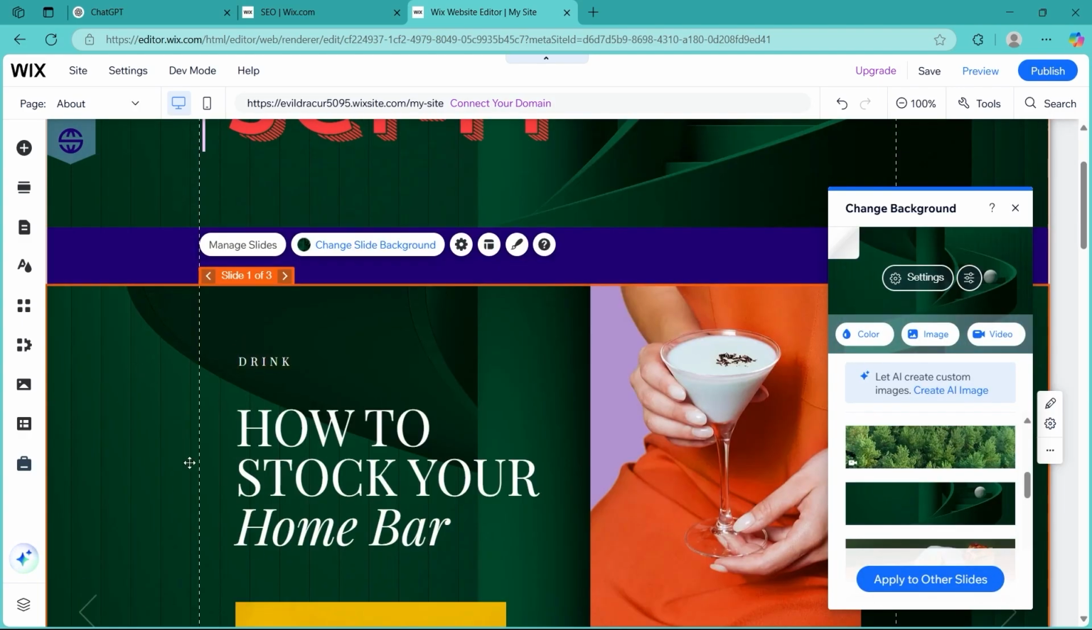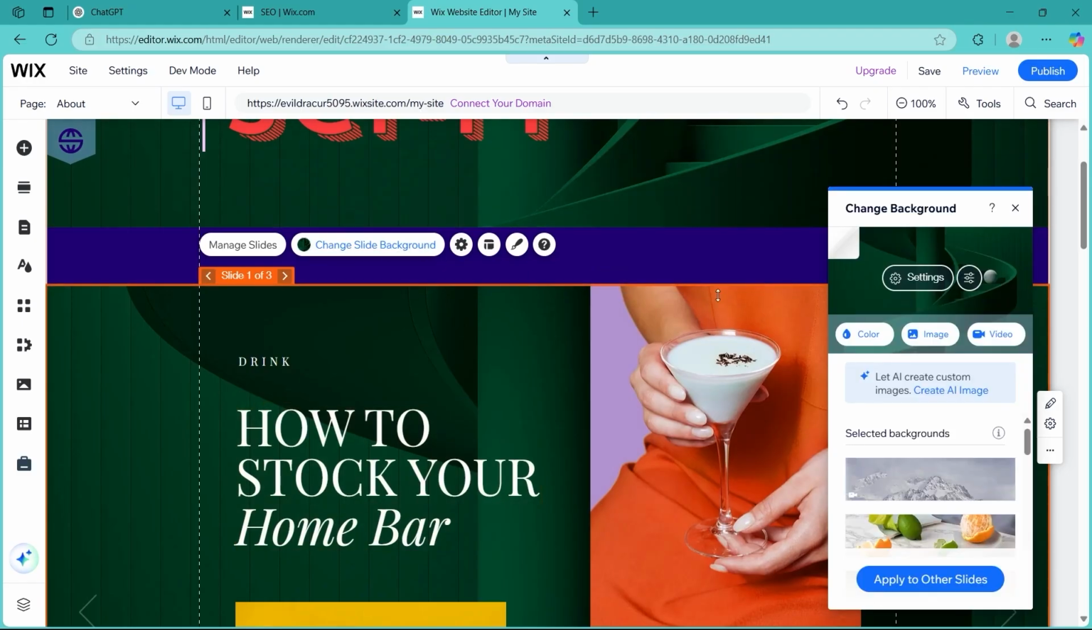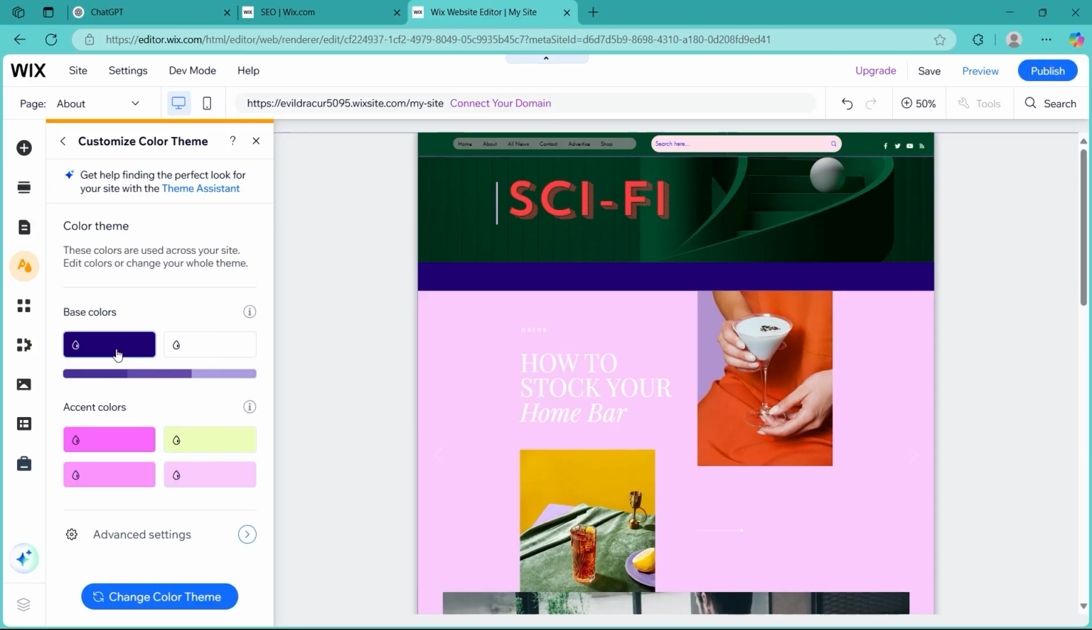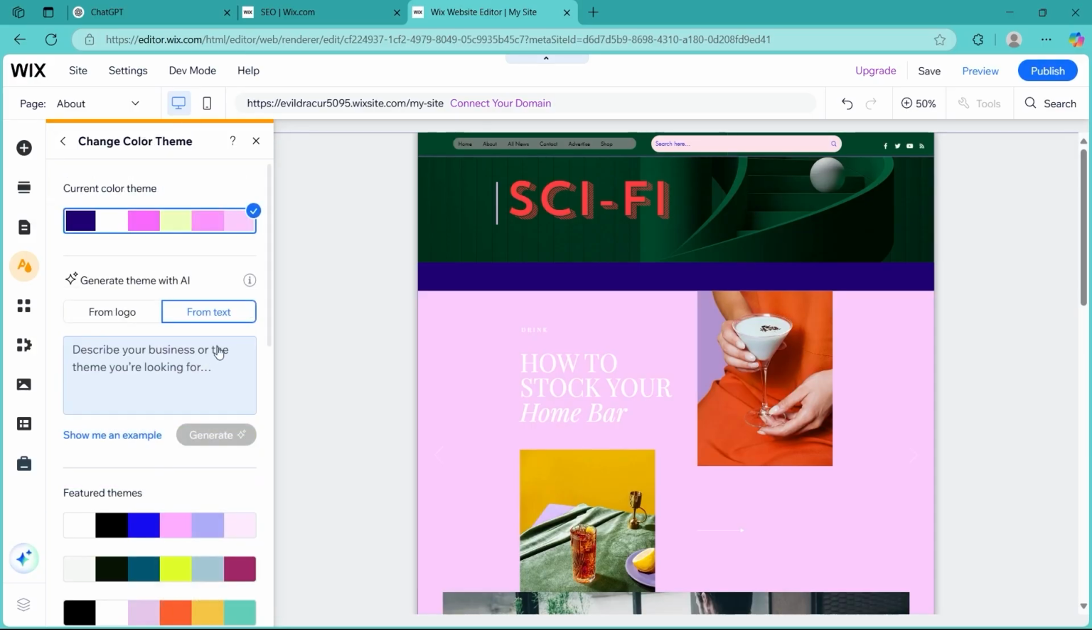Now, if the background color isn't correct, click color and select the desired color for your site background. You can click on change slide background, choose color and choose another kind of color if you wish. You can also click on edit and edit your theme's color according to the accent colors, base colors and color temperature. You can also click on change color theme and choose any other kind of color palette that you want